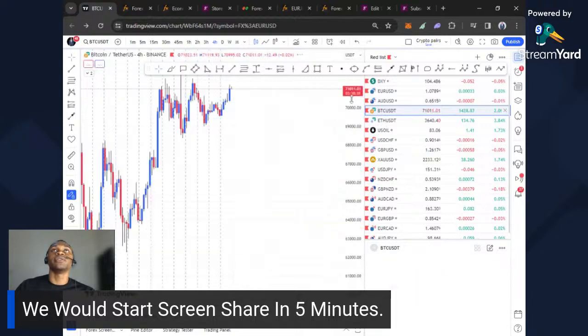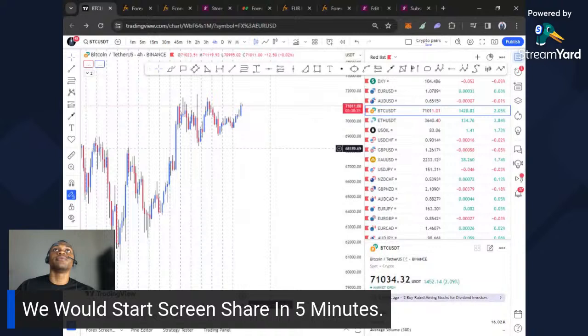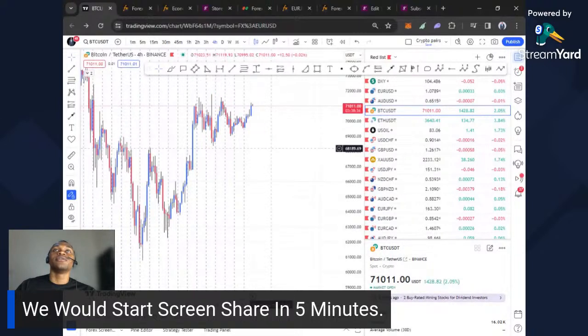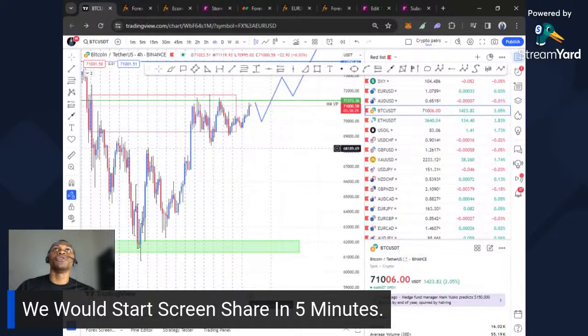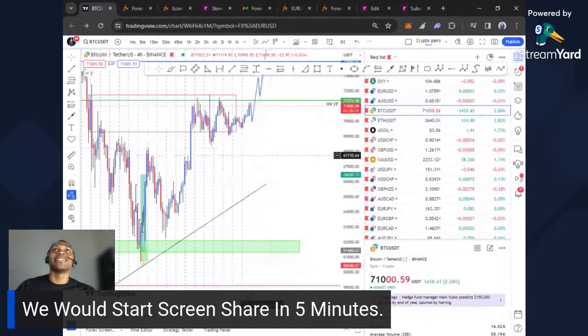Then the last pair on our list is Bitcoin, the people's money. Awesome. So for Bitcoin, I've been seeing some accumulation going on, but I can see this as an ascending triangle structure,